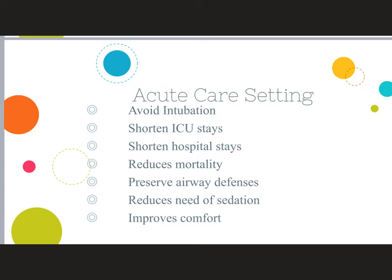So you're going to want to know the difference between the two. So in the acute care setting, so in the hospital, we want to avoid intubation. We want to shorten the ICU stay because the longer the patient is in the ICU, the more that it costs. ICU stays are expensive, and we want our patients to get better. It shortens hospital stays overall, reduces mortality,